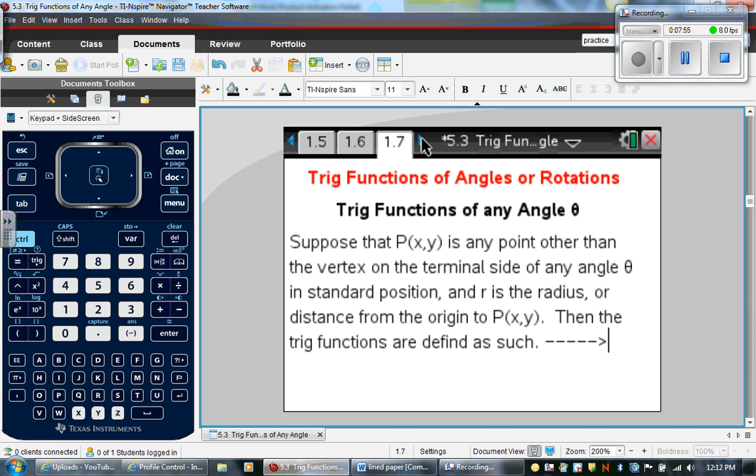Okay, so trig functions of angles or rotations. So let's suppose that you have a point (x, y), and it's any point other than the vertex on the terminal side of some given angle theta in standard position. Okay, and r is the radius, or the distance from the origin to that point. Then the trig functions are defined, I'm missing an E,